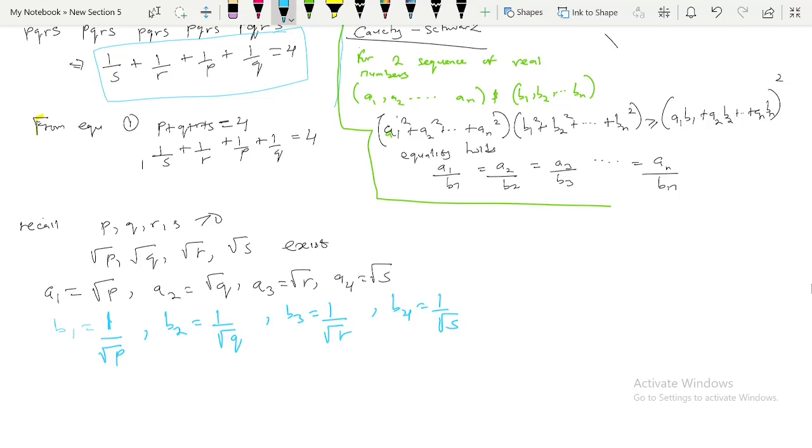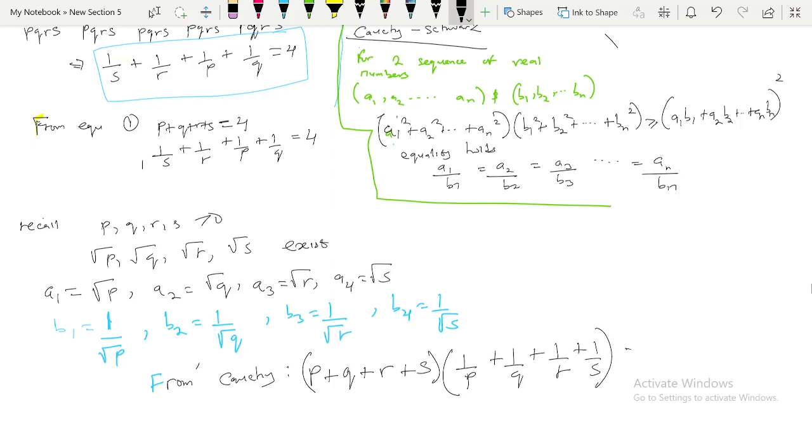So we plug this into the inequality now. From Cauchy squares, we know that A1 squared is P, A2 squared is Q, A3 squared is R, A4 squared is S, then B1 squared is 1 over square root of P all squared, which is 1 over P. Similarly, we have 1 over Q, 1 over R, plus 1 over S. We know this is greater than or equal to